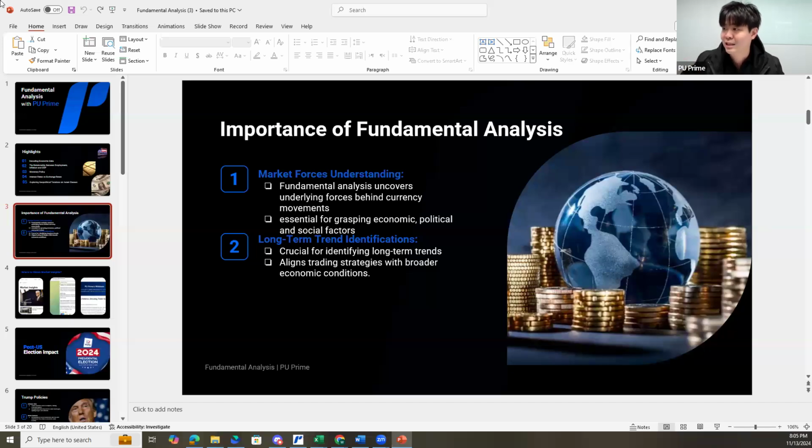So fundamental analysis is actually discovering the underlying forces behind currency movement, essential for grasping economic, political, and social factors. For this, we need to understand the fundamentals in order for us to predict a long-term trend. It's very important because after we understand the full storyline in the market, we can try to apply it with the technical front and then decide whether, for example, currently we understand that after Donald Trump became the